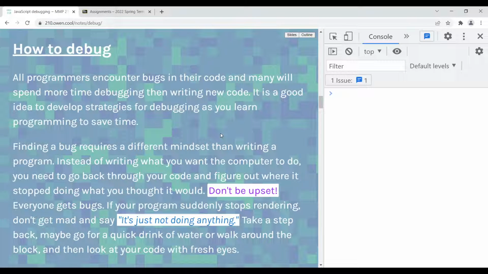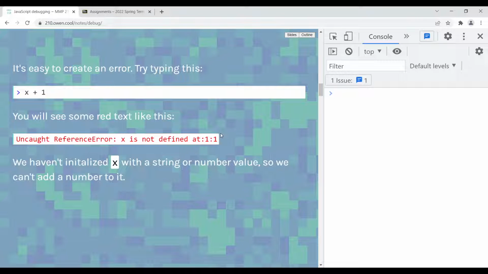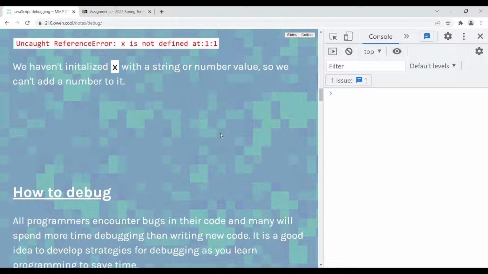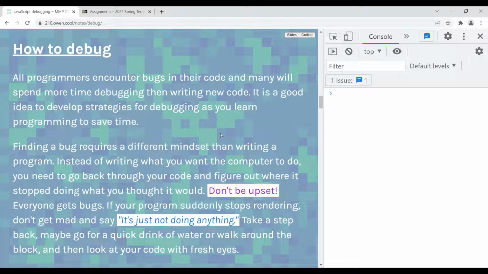So this is just part of the process of debugging: writing your code, trying to run it, looking at the errors that you get, and then going back to see how you can fix it. One thing that I think is a more soft approach to debugging. It's not a technical skill, but I think one thing to keep in mind when you're writing code